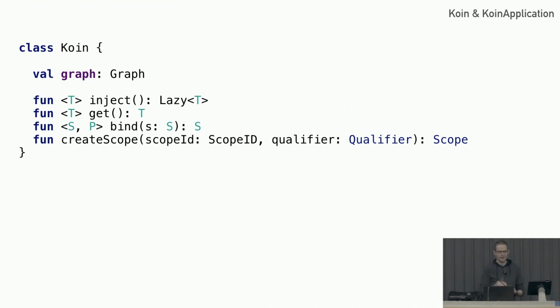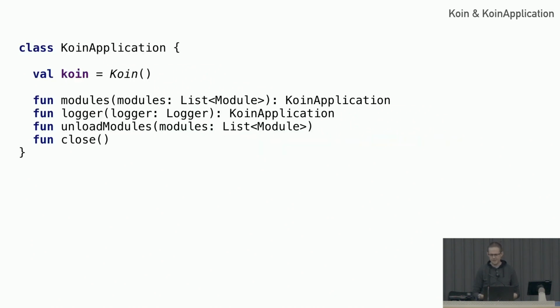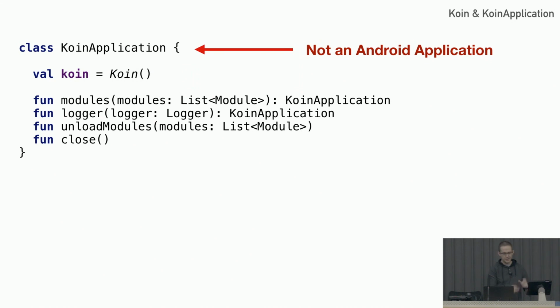I have a single graph here. It actually has a lot of different graphs, but for simplicity. It has functions for getting and setting those bindings and those properties, and it holds all of the logic necessary to construct anything that you might want. And then this Koin class instance is wrapped up by another class called KoinApplication. KoinApplication is, of course, the wrapper for the Koin instance, and then it also has some functions for setting modules, for setting bindings, and a couple of little convenience things, including closing the graph.